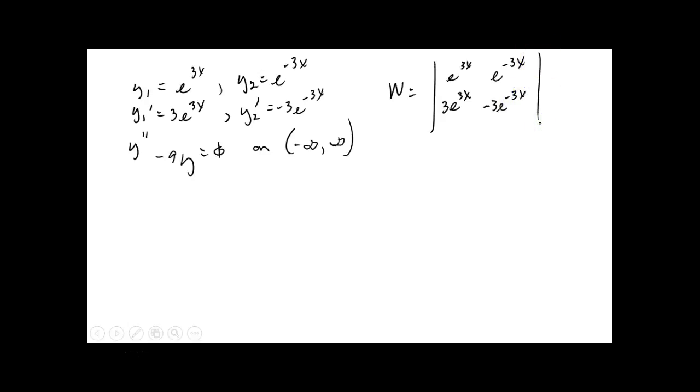Okay? And then what we're going to do, the determinant, basically the cross product, but it's the difference of the products. So it's the product of the first, that would be minus, you tell me, minus 3. And then you do the minus the other one, and what do you get? Another minus 3, okay? Because you had a subtraction there. And that's minus 6. What does that tell you? They're linearly independent of each other. The only way they would have been linearly dependent is if that Wronskian had been,